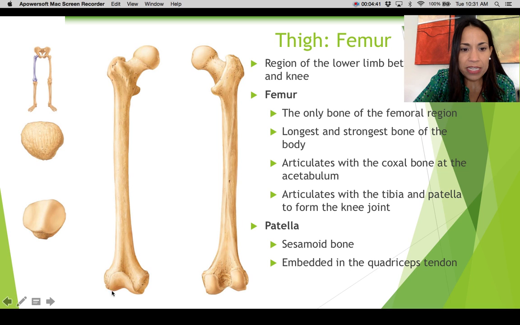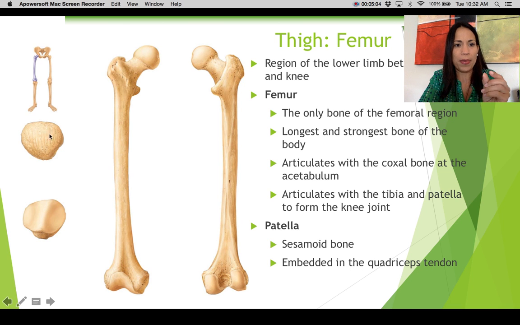Anteriorly, in the same distal aspect or epiphysis of the femur, we're going to have this smooth surface that is called the patellar surface. It is the surface that articulates with the patella, which is your kneecap. And this is the kneecap, and it's oriented just like that. It's like a triangle, and the base is superior and the apex points inferiorly. And this is that posterior smooth surface that articulates right here in the patellar